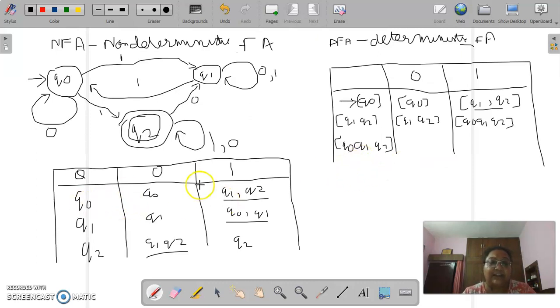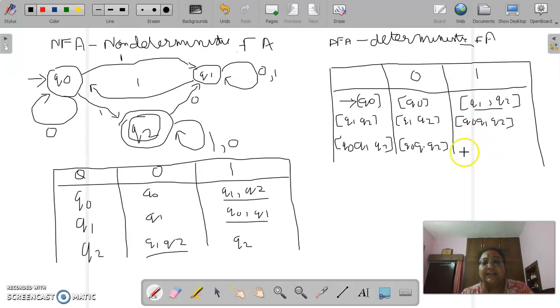Q0 on an input of 0 remains in Q0. Then Q1 on an input of 0 remains in Q1. And Q2 on an input of 0 goes to Q1, Q2. Q1 is already there, so we just add Q2 here.